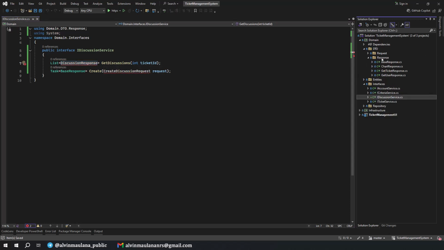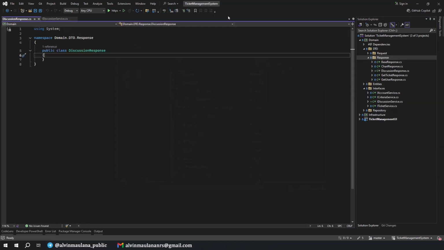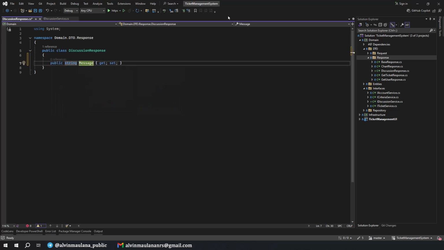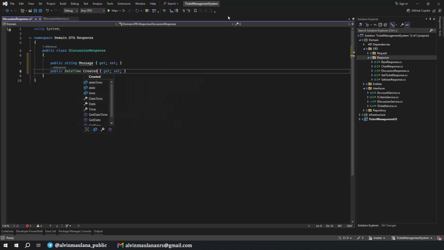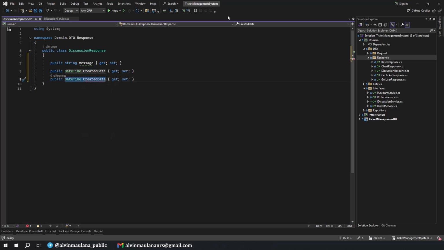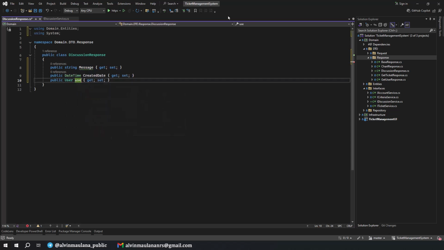DTO response, discussion response, and we need this property, string message, and then duplicate it, DateTime created date. I duplicate again. I need to get the user, with a capital U, I think that is fine.